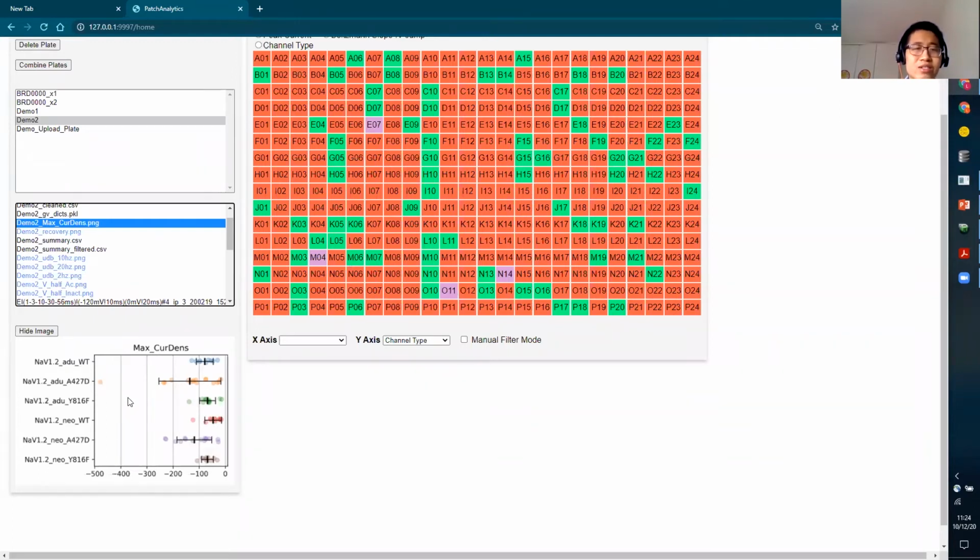static image like this is what most users usually get either from their Excel or their plotting software like Prism. They can get a plot like this easily. But if this happens, it's very difficult to explore what happened to this cell. What's the ID of this cell? You usually have to go back to your raw data, dig through all the data, trying to find out the max current values, and then identify the ID of this cell, and then try to check all the other metrics from the same cell to see if there's anything wrong. And to make this process easier,